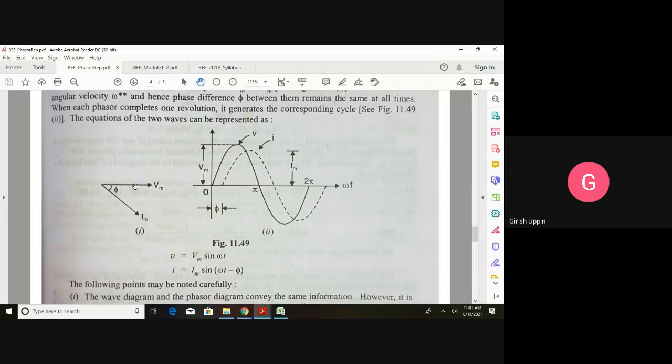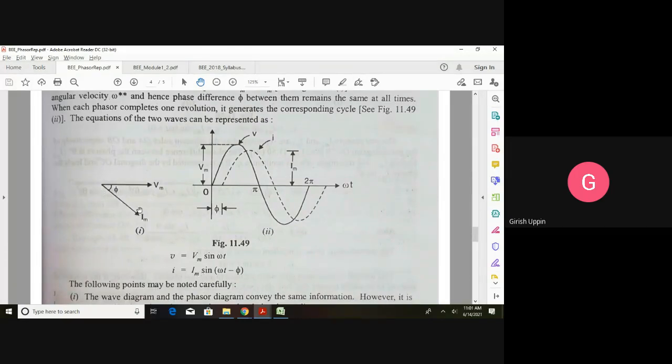So this is V equal to Vm sin omega t. Whenever you see omega t, it is the phase, and you are going to draw it here. Then second, I is equal to Im sin(omega t minus phi). It is having a lag of phi, which means there is a phase difference of phi. Whatever the minus phi, you are going to draw it from this reference. This is the angle phi.